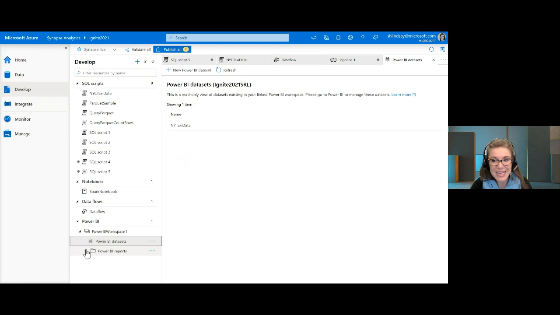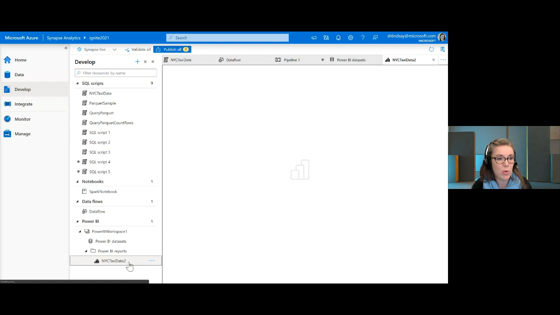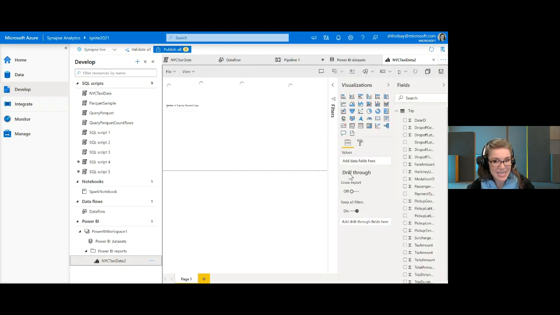Right within Synapse Studio, this is the real beauty. Everything is under one pane of glass. Within Synapse Studio, you can look at your Power BI reports that are based off of the data that you are managing here in Synapse Studio.